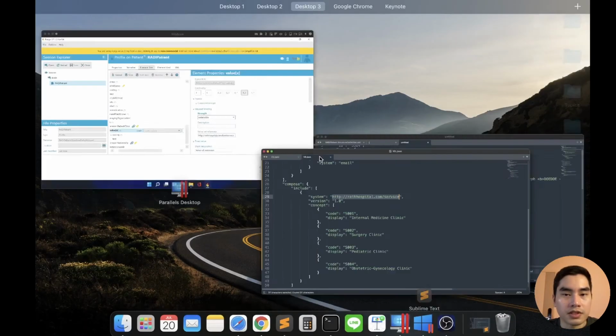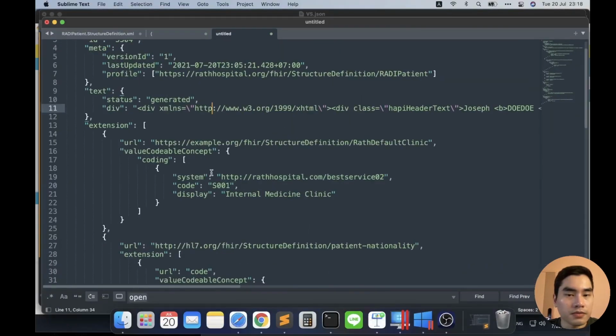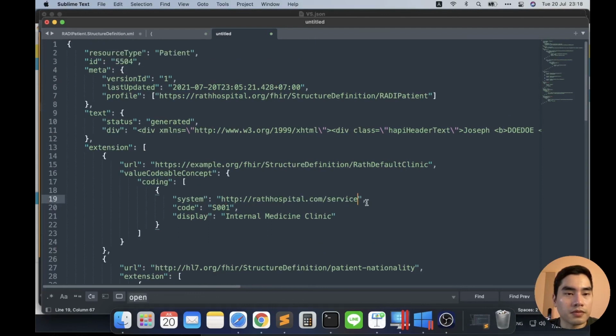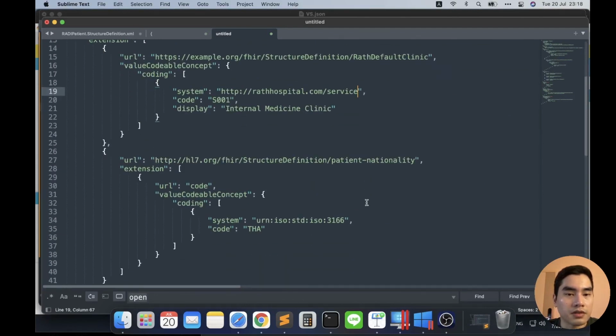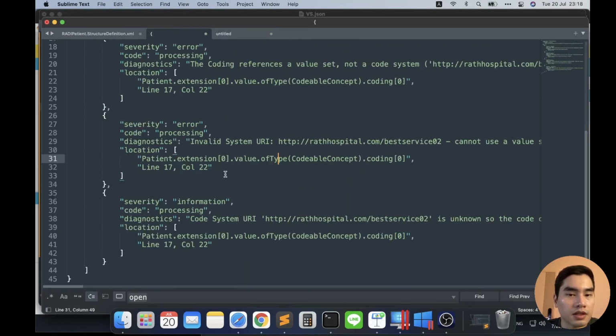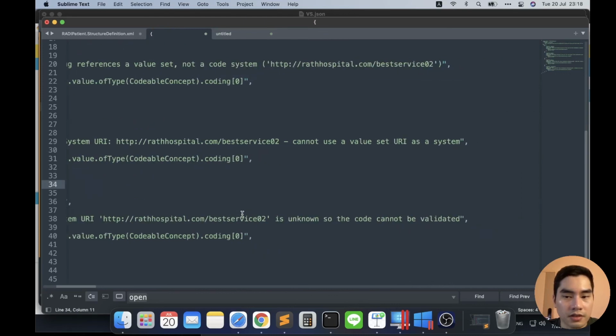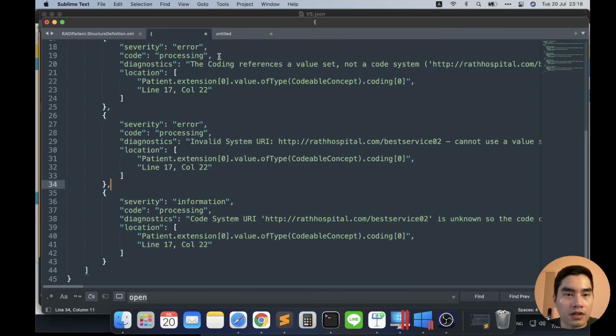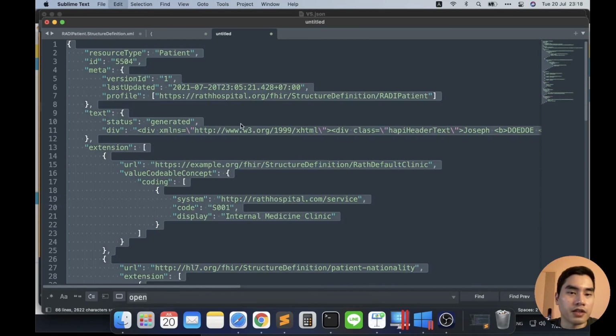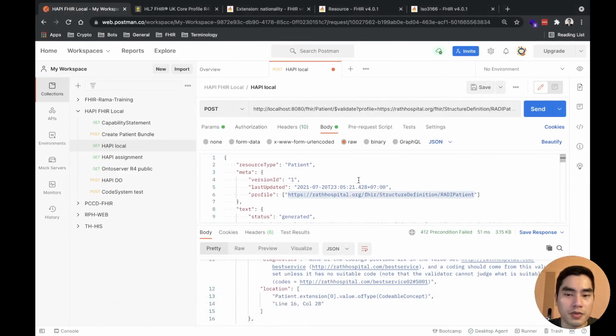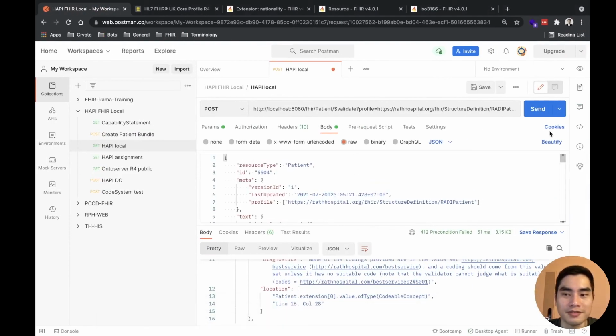I have to use system here. This is the patient resource. This one is fixed. Okay. Let's try to validate again. I think it can remove some errors.